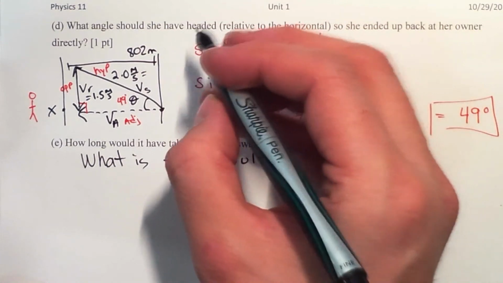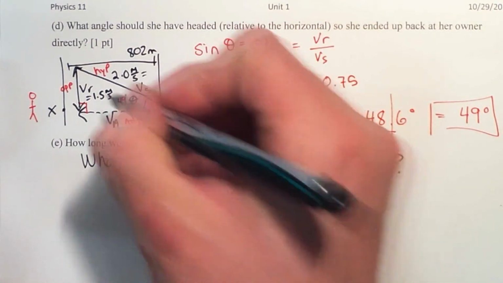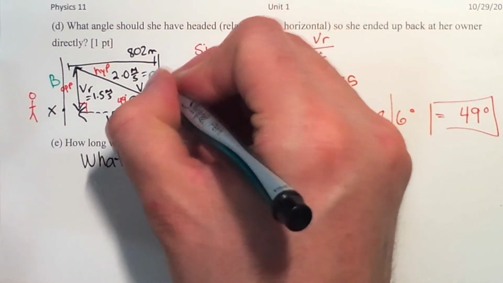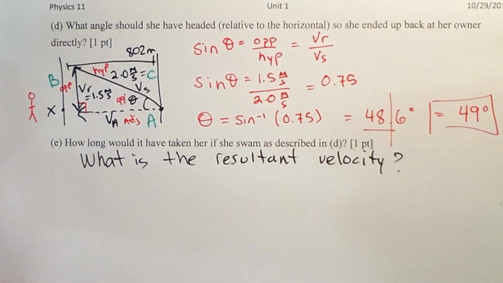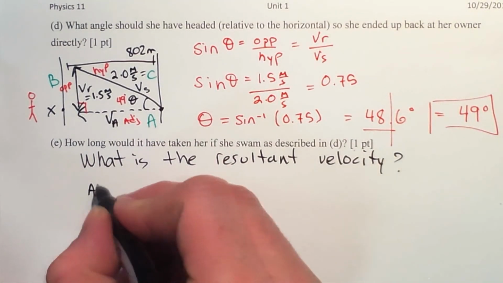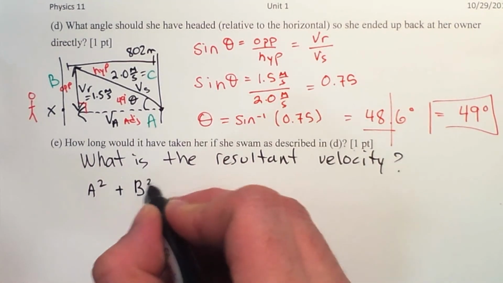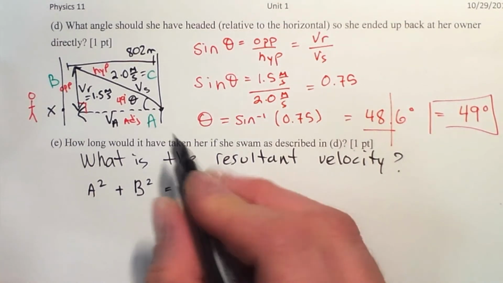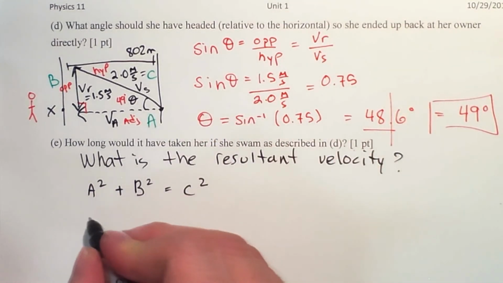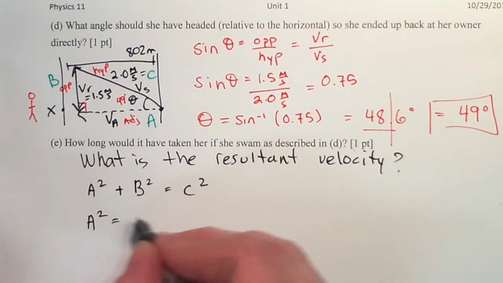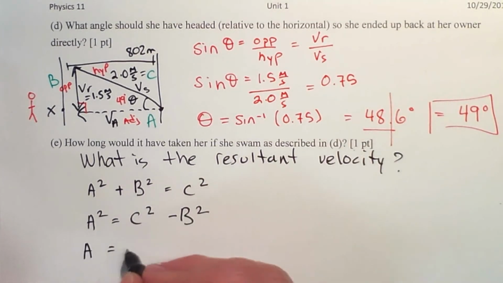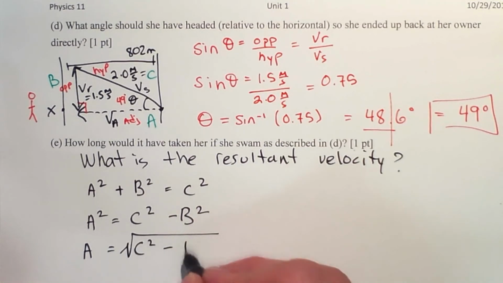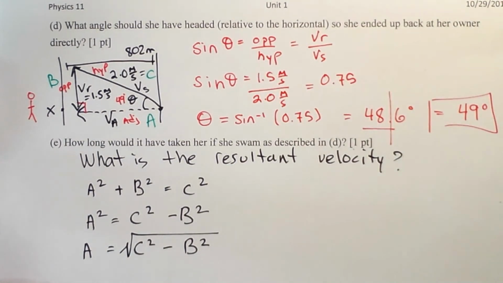So I have a hypotenuse, so let's call this A side, B side, and C side, just to make life a lot easier. So A squared plus B squared equals C squared. In this case, I'm looking for A. So A squared is equal to C squared, we take B squared away from both sides. A is equal to root C squared minus B squared